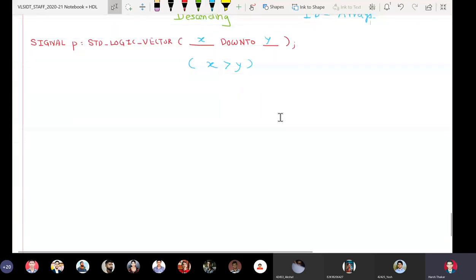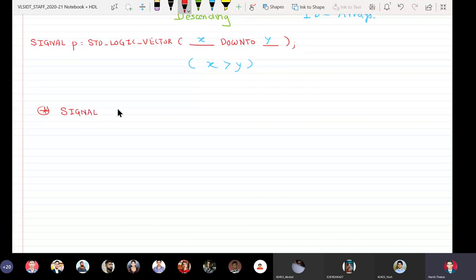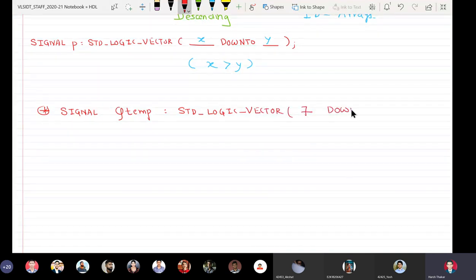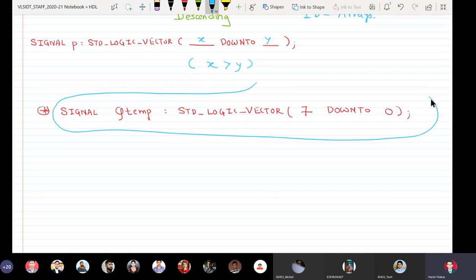A question may be asked: if I write a particular statement, signal qtemp : std_logic_vector 7 downto 0, what actually happens when this statement is synthesized by the tool in hardware?